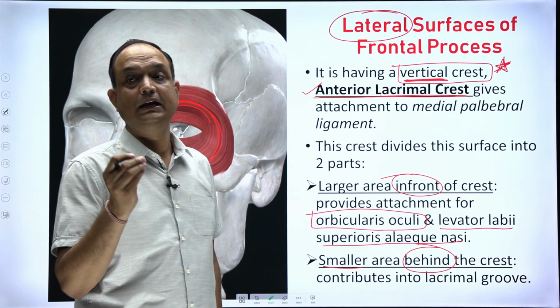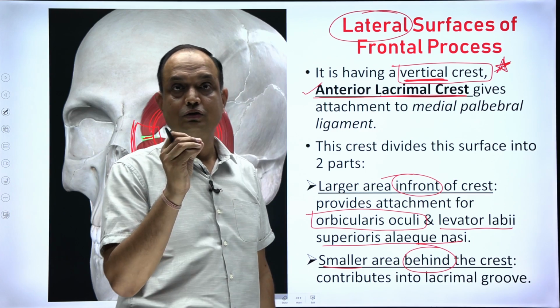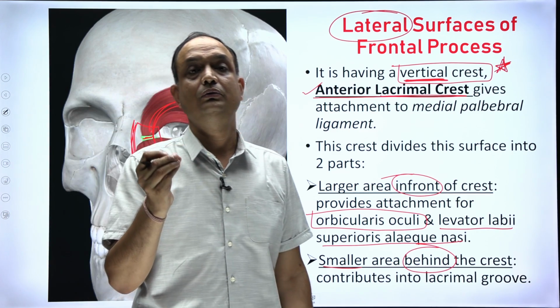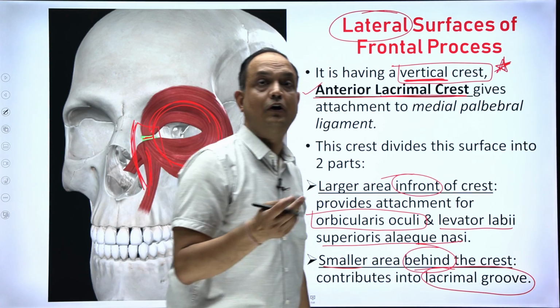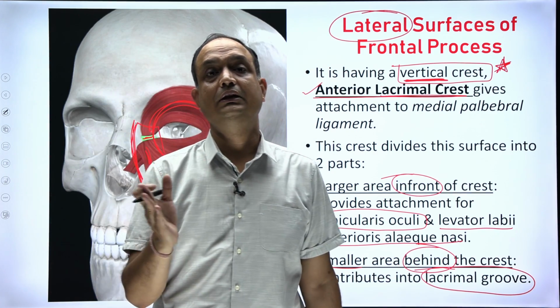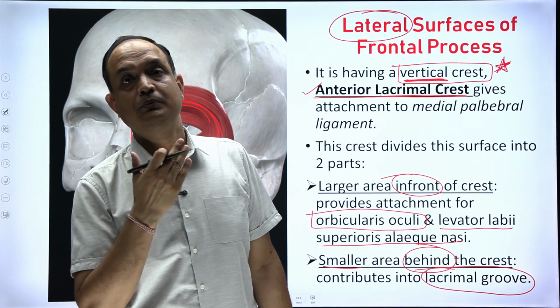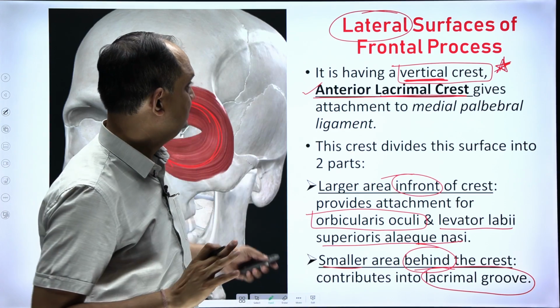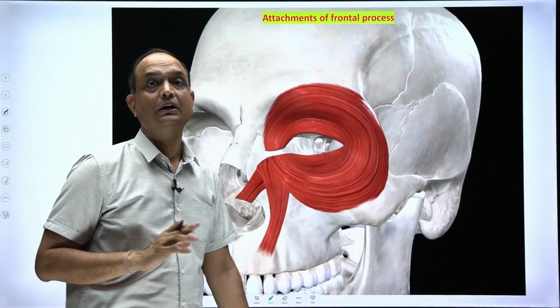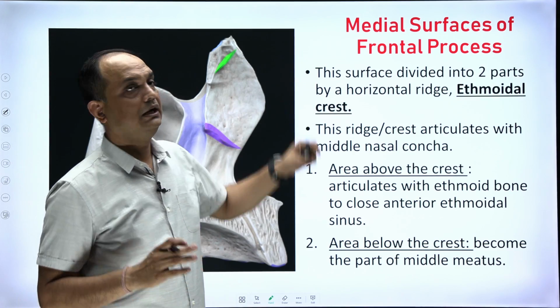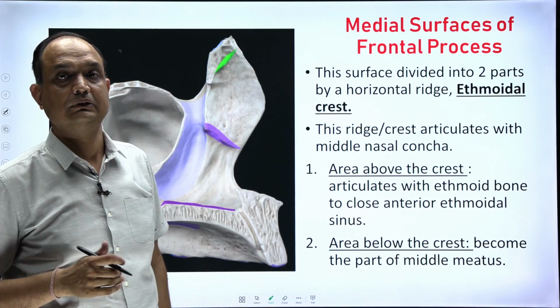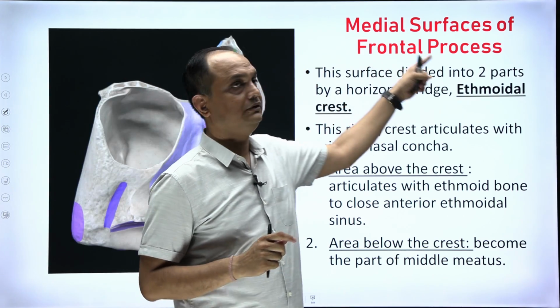That smaller area has a small notch which contributes to the lacrimal groove, and this lacrimal groove forms when it articulates with your lacrimal bone from the posterior side. Clear? So, this is what concerns the outer or lateral surface of the process. Now, we will move to the inner side of the frontal process, that is known as the medial surface or the